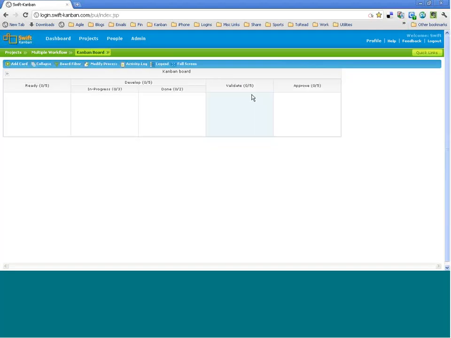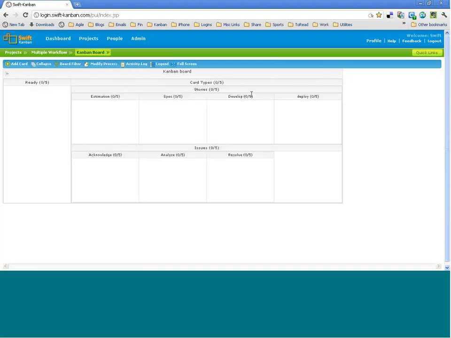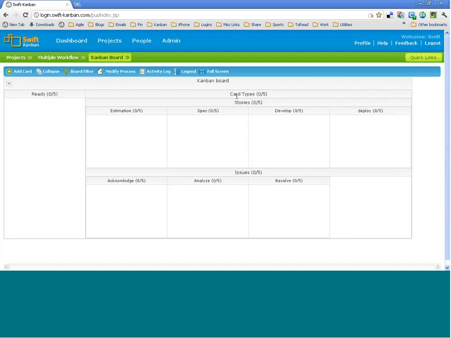I can zoom in a bit and show you. Now this is how you can build multiple workflows within the same Kanban board. However, this is still using a simple concept of swim lanes. So there are two horizontal lanes going across, and there's one vertical lane you can build. However, this is still a bit simplistic, but also it requires a lot of manual understanding of how you work